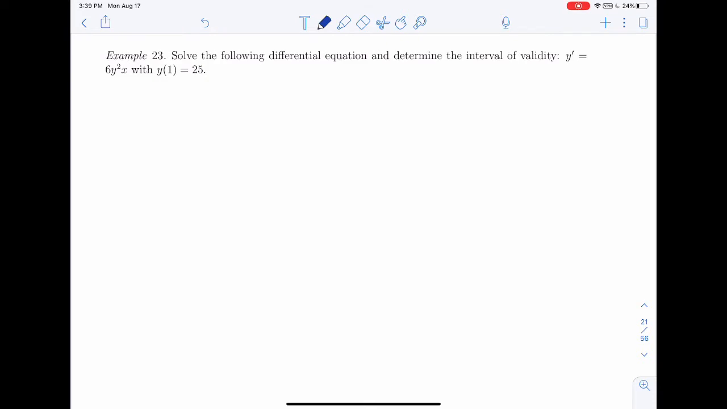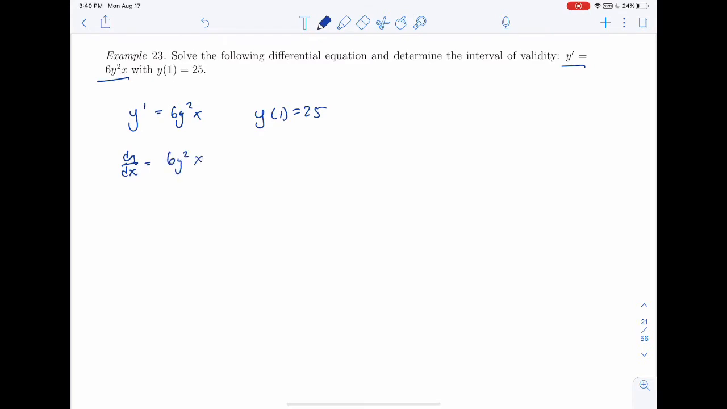So what I have is y prime equals 6y squared x. Okay, and by the way, y of 1 equals 25. So this is an initial value problem here. Getting going is fairly straightforward here. I have dy/dx is equal to